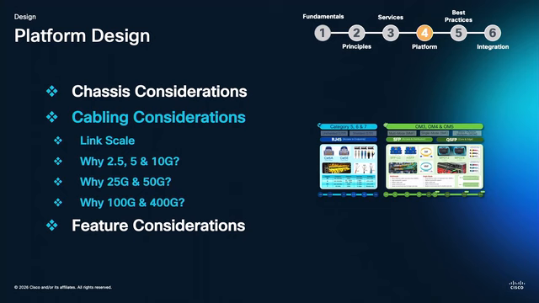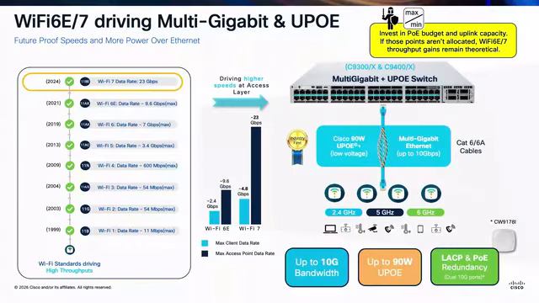Cabling then. So we already decided that we're going to use both modular and fixed. What are my options from a link scale perspective, or what should I think of? And before we get into 25 and 100 gig,